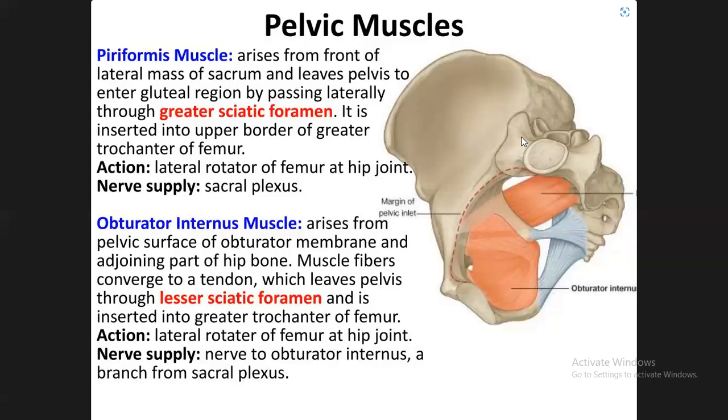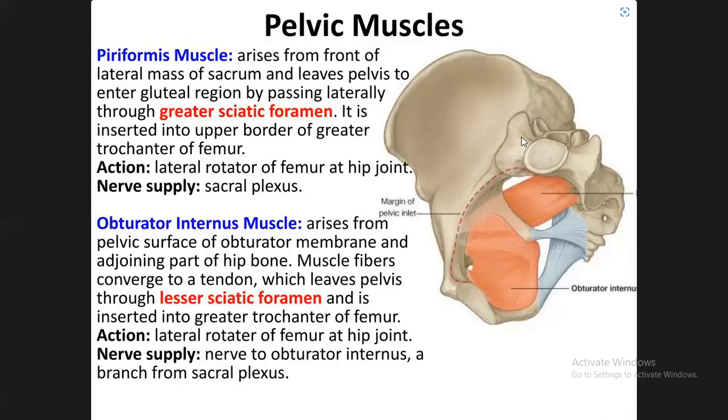Then on the lateral pelvic wall, there is obturator internus. It arises from the pelvic surface of the obturator membrane and parts of the adjoining hip bone. And the muscle fibers leave the pelvis via the lesser sciatic foramen. And the tendon of this obturator internus is going to turn 90 degrees as it goes to insert onto the